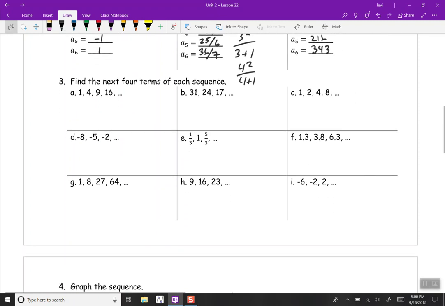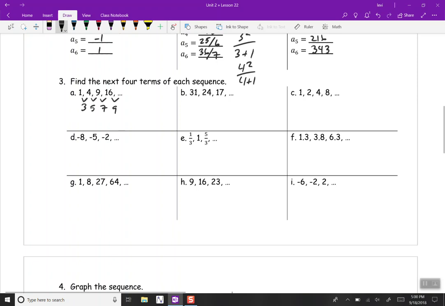Alright. 3. Find the next 4 terms of this sequence. So what are we doing here? 1 to 4, we're going up by 3. 4 to 9, we're going up by 5. 9 to 16, we're going up by 7. So the next one should go up by